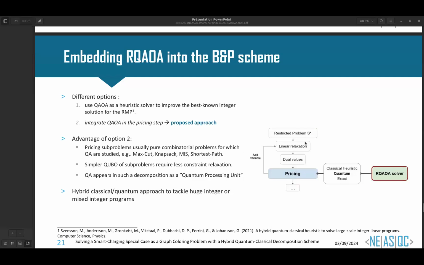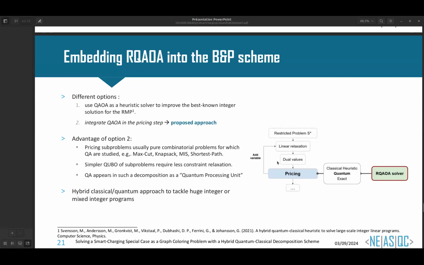So what we did is that we had the restricted subproblem. We solve a linear relaxation. We retrieve the dual value for the pricing problem. And in the pricing problem, we use first a classic heuristic, like a greedy heuristic. Then we try to use the quantum algorithm if it improves the solution. And if we cannot find a better improving column, then we check with the exact algorithm, especially to prove